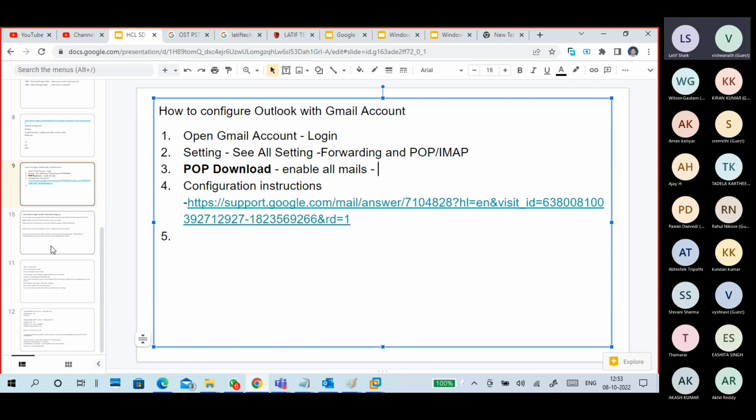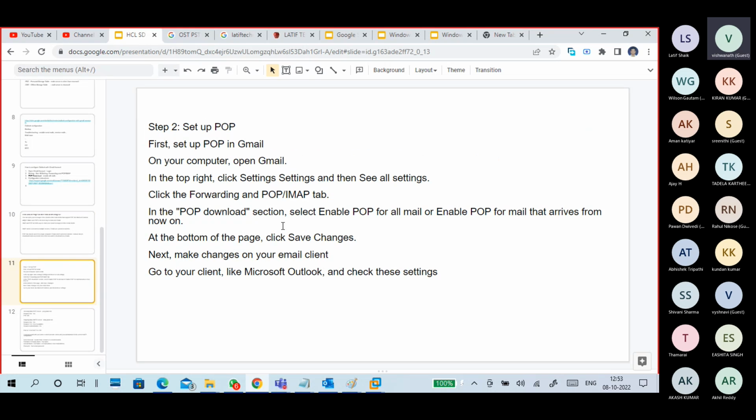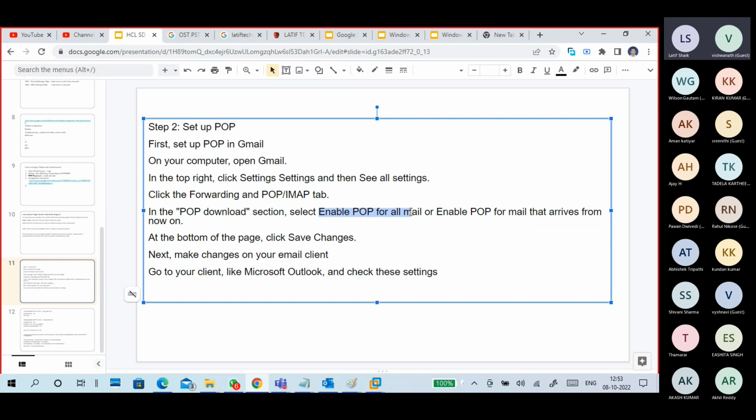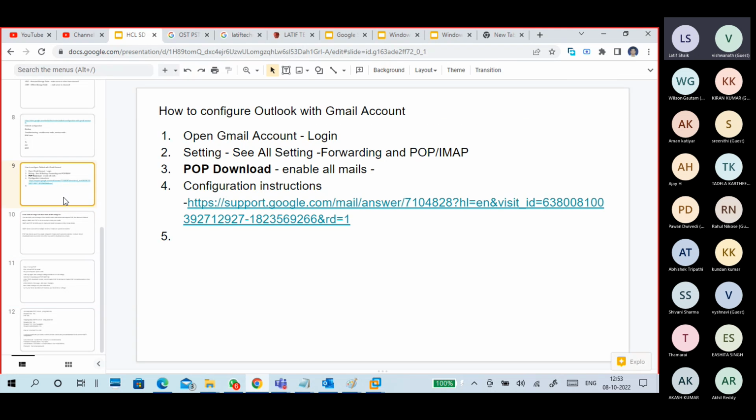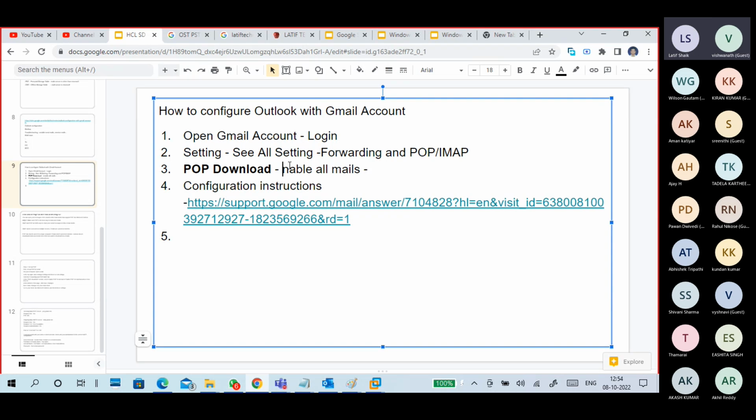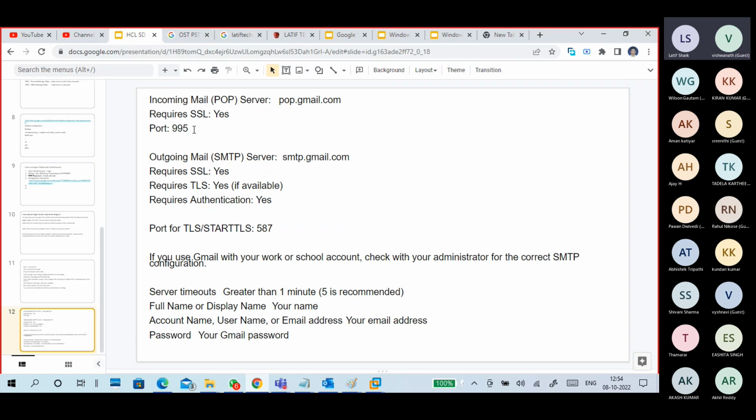Okay, then what are the remaining instructions there? I followed them. I select download selection, enable POP for all mails, or enable POP for mails that arrive from a certain date on. So this I enabled. Click save changes, and make changes in your email client, like Outlook, where I configure enable for all mails. Then you can go to the configuration instructions, read them, and do what we can do. So here, in POP, what is important is